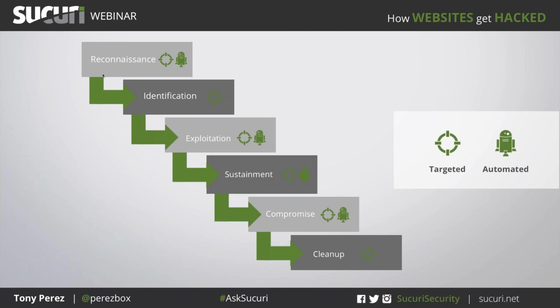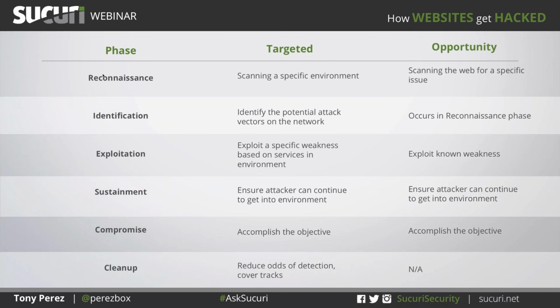On the opportunistic side, it's a little different. I'm going into the attack with an understanding of what I want. In 2014, we had a big discussion on Revslider. By being able to scan the entire web, my reconnaissance and identification phases occur at the same time. In some instances, identification goes ahead of time. I say, okay, I'm going to target Revslider, so now I want to scan the entire internet and figure out anybody running this version of Revslider. If you fall into that list, then I've already done my reconnaissance and identification at the same time.